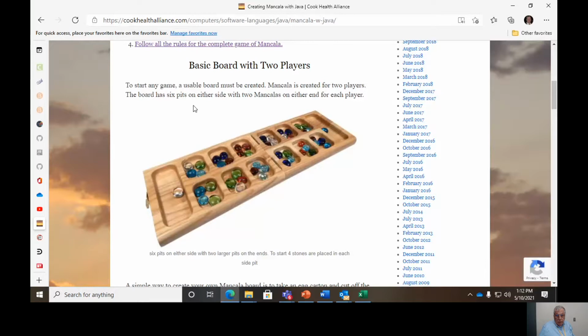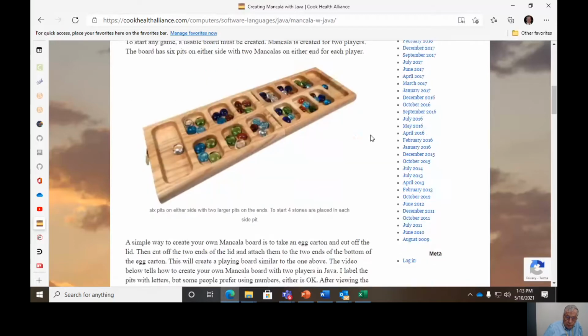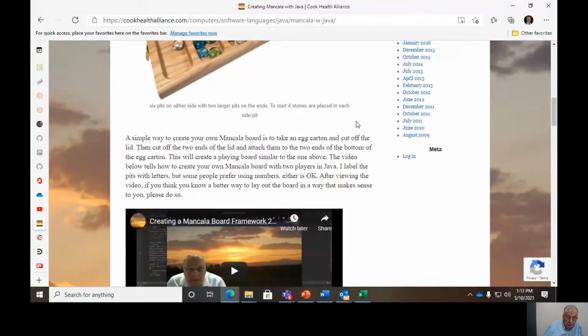The other way that you can form a Mancala board is with an egg carton, which will give me the 6 items on either side. Then you take the lid and cut it in 2 and then attach it to the rest of the egg carton, and you'll have the Mancalas for each player. But on this then,